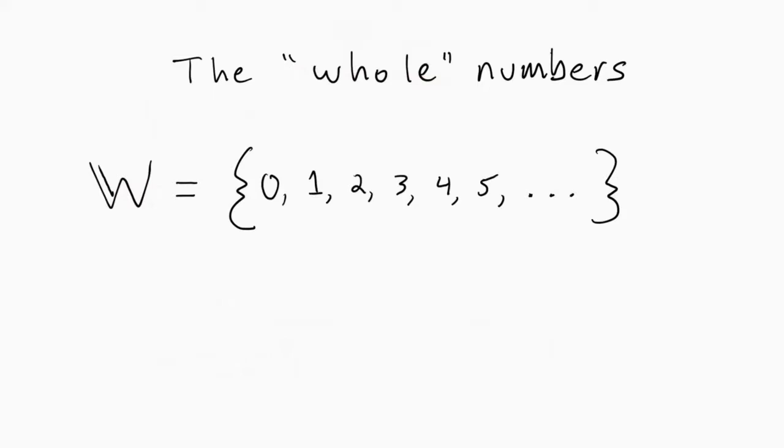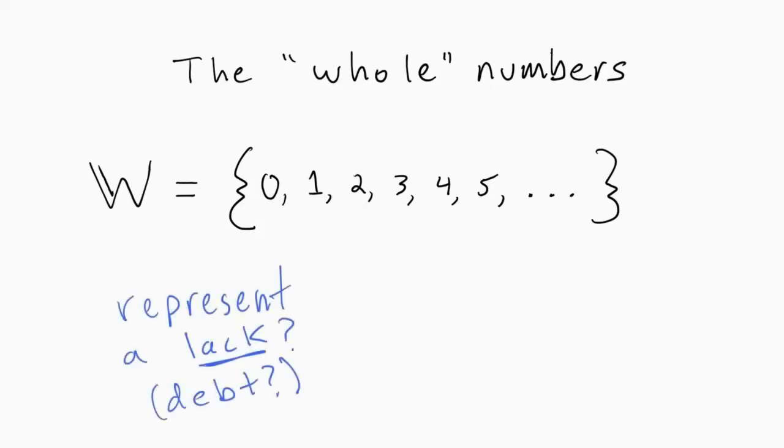Now, while it seems obvious to us to include 0 in our number system, this was actually a big advancement in number theory. The idea that 0 is a quantity that you can do arithmetic with, just like other quantities. But there's still a lot of things we can't do. Like, what if I want to represent not just the absence of something, but specifically a lack of something? I think the easiest example that I can think of is something like debt, right? If you owe someone something, you have less than $0 on hand. Also, in the whole numbers, we can't subtract a larger number from a smaller number. This equation can't be completed.